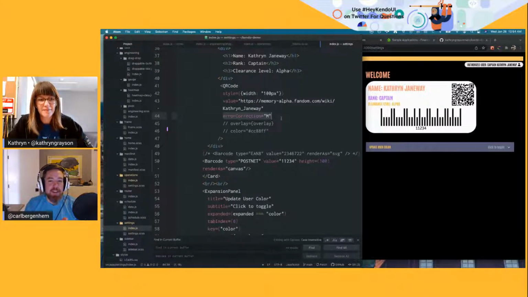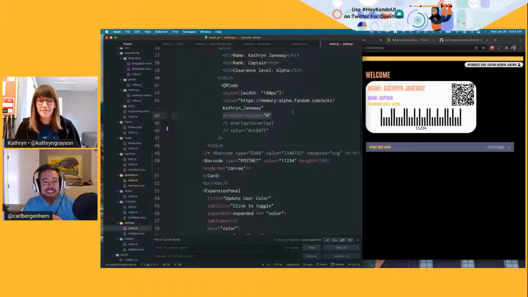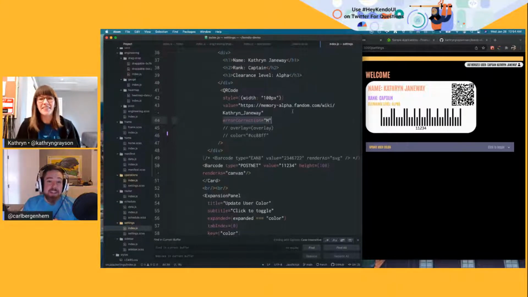It's my understanding that there can be extra pixels in there that could potentially muck up scans. So I think the error correction there is just to make sure that it's within a certain bounds of what's allowed. I'm about 50% sure about what I just said. Of course I should know what all of our components do, but from the barcode and the QR code perspective, these are just things that, as we did the research on these components originally, we found